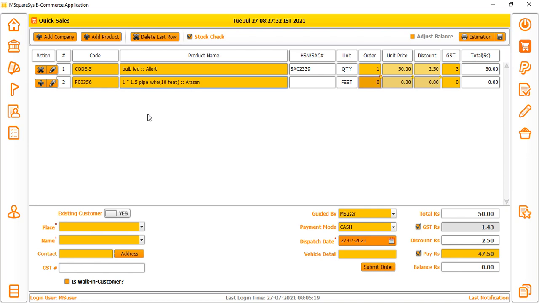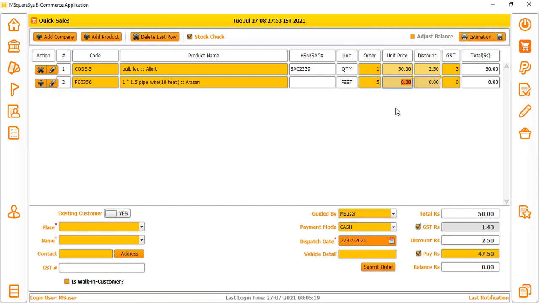Now I am going to make the 1.5 pipe order, and once this is entered, information will come: your order value is not optimum because your stock is not more than 0 items. So go there and update the stock. Here also we have provided the update stock option, find it and change the stock. After that you can make the order as 5.